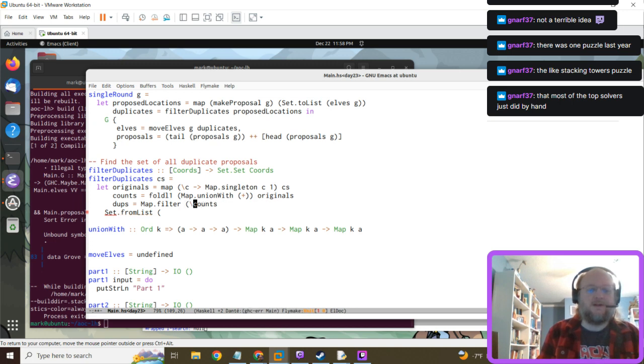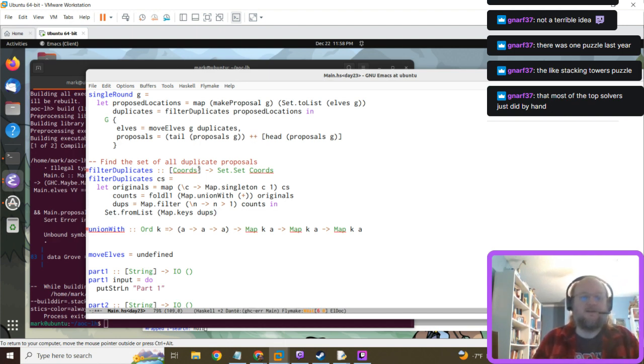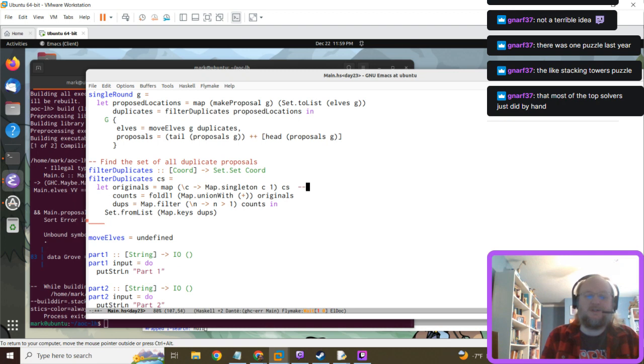So count n greater than 1. Dupes dot, and I need to stop pluralizing my type names. All right, so this should be